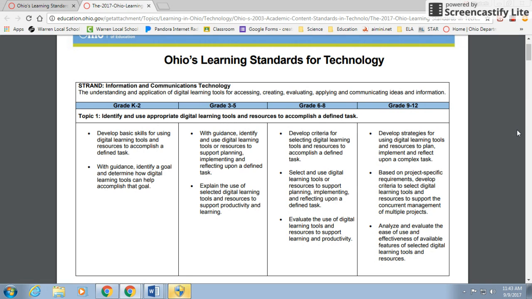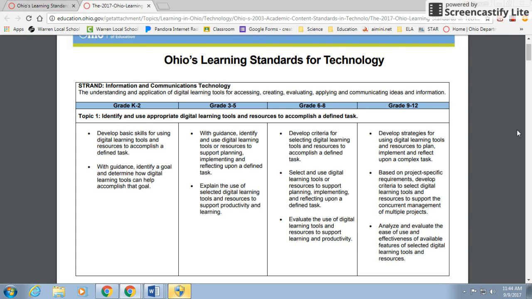I already sent out an introductory email with the PDF that I will be discussing in this video. The main purpose of this video is to introduce you to the revised standards that came about this year, and I also want to give you an explanation for each standard, or in this case I'm going to be talking about each topic. There are three new standards for technology: information and communication technology, society and technology, and design